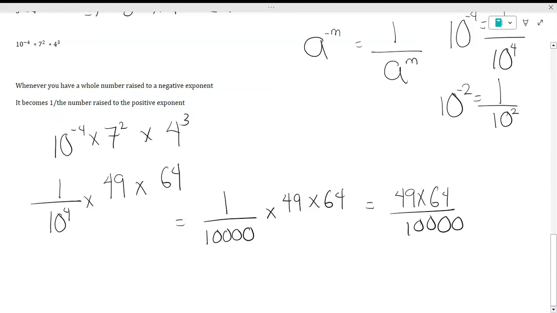So we can just use a calculator to calculate that. 49 times 64 over 10,000 will be 0.3136. I just put this question to show how to deal with negative exponents, negative powers. In the next videos, I'm going to show you more about power of products, quotients,